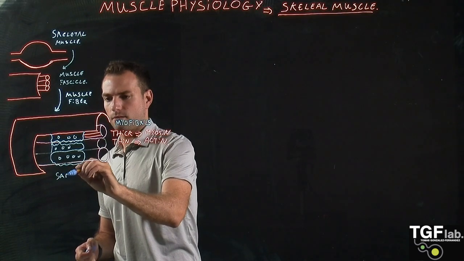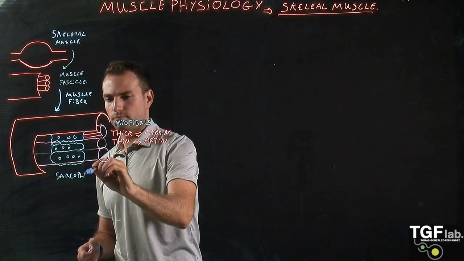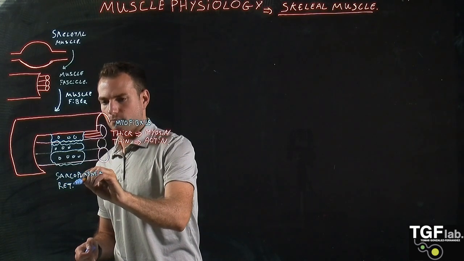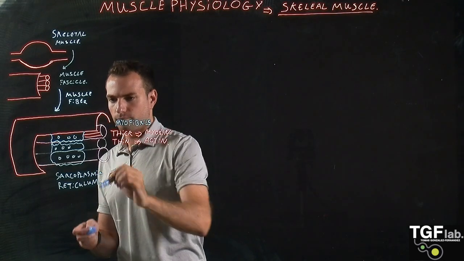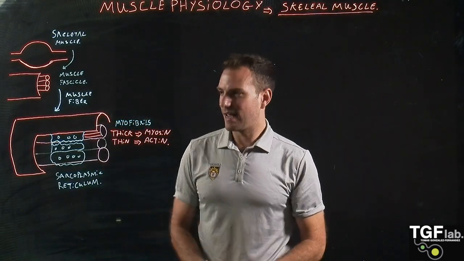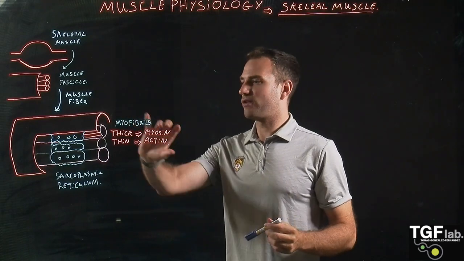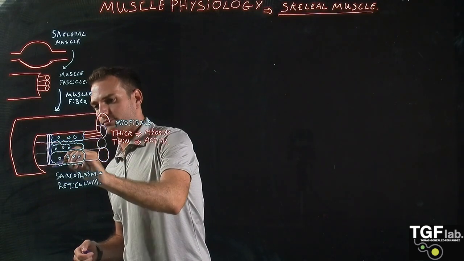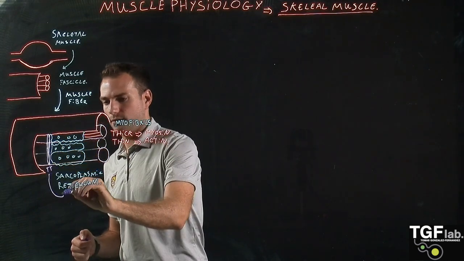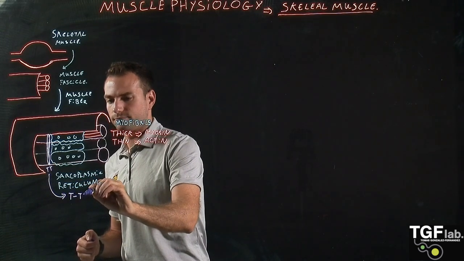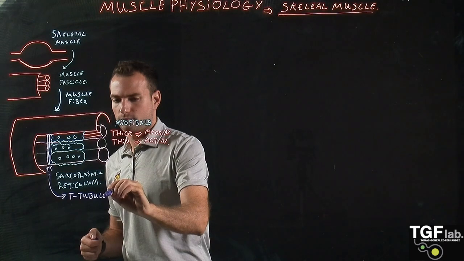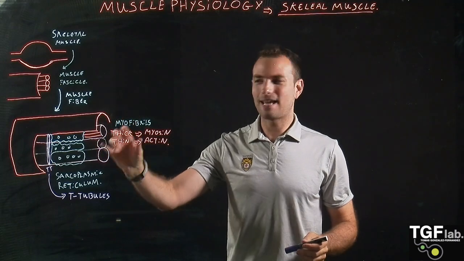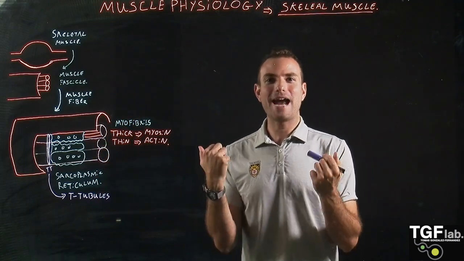And finally, the last component of the myofibril that I wanted to go through is here, the T-tubules, or TT. Okay, all of these components here are going to be very important for the activation of our muscle